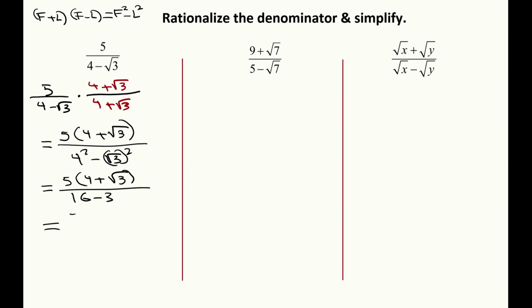So that's 5 times 4 plus radical 3 over 13. Notice I didn't multiply the 5 in until now, because I wanted to make sure I don't end up with something down here which can be simplified with that or cross-canceled with that. Now that I know for sure it doesn't exist, I'll go ahead and distribute the 5, and we get 20 plus 5